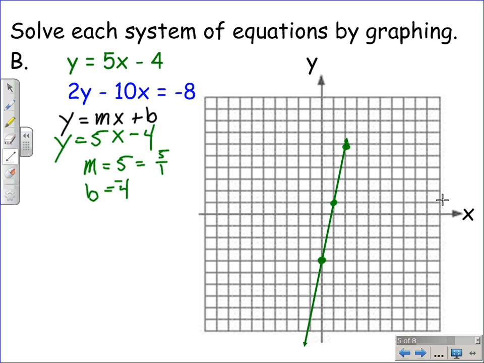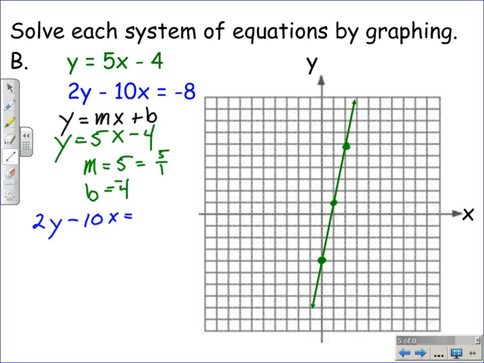And we draw a line through our 3 points, and we have graphed our first equation, the green equation. The second equation is in close to that standard form. The key thing to remember here is that the x and the y are on the same side, so it's pretty